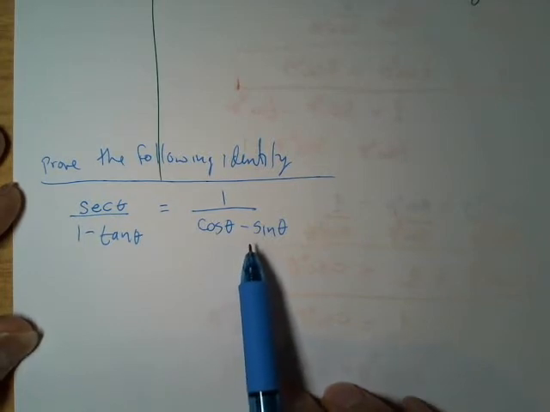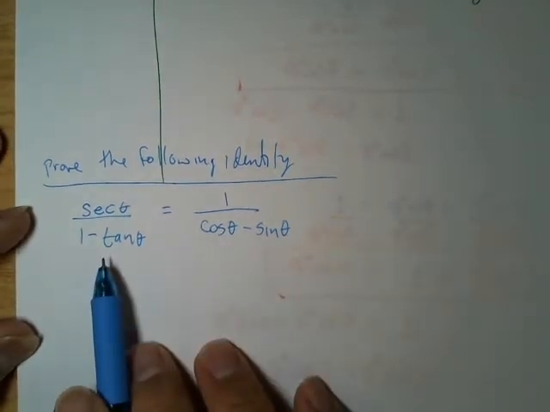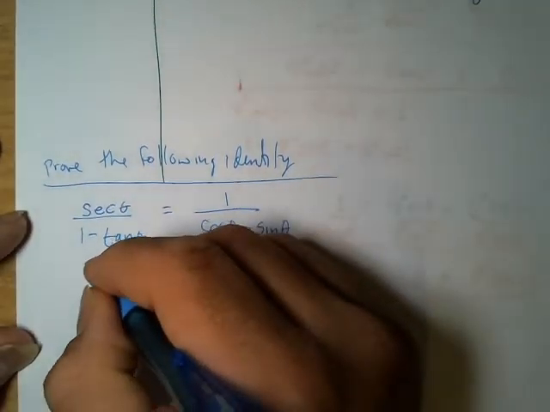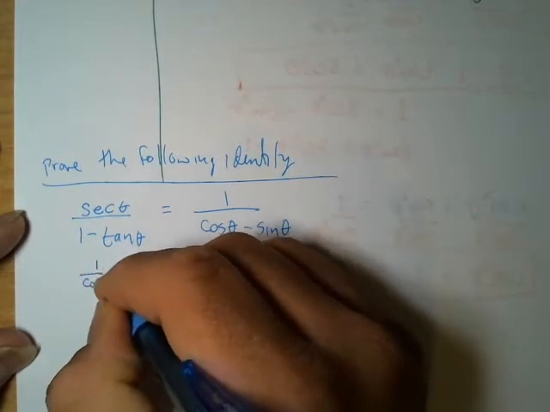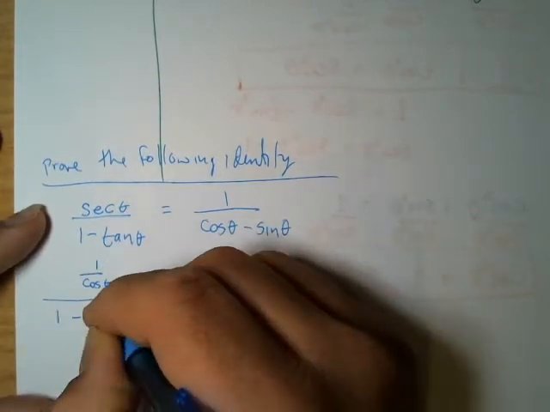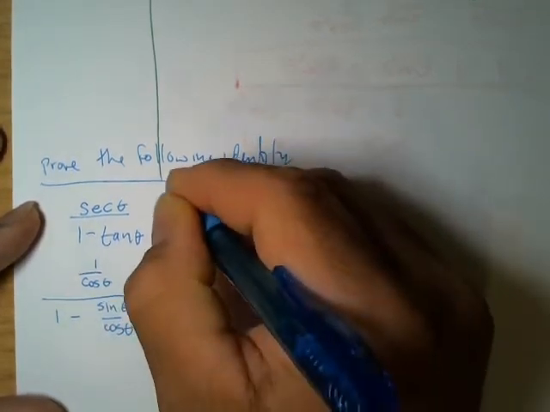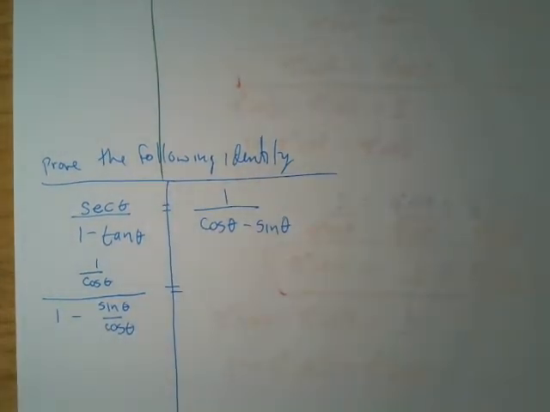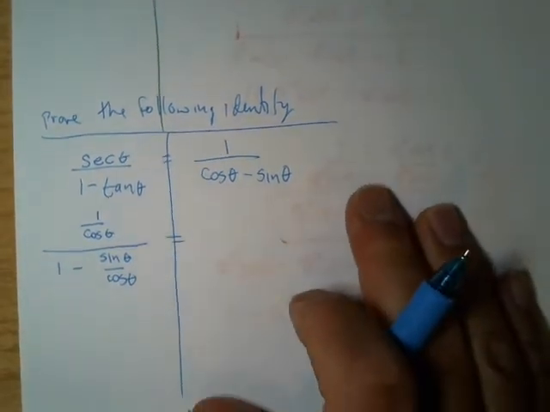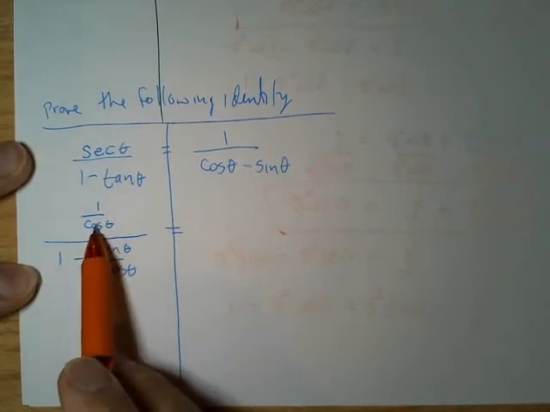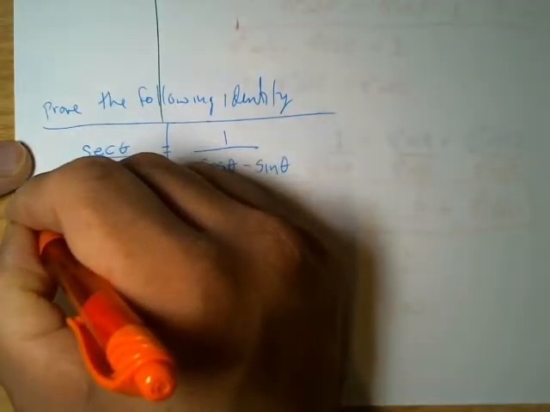So one thing I know I can do here is I see cosines and sines here. So let me change all this to cosine and sine. All right. Okay, and now we see this here, and another thing, now we have a complex fraction, right? So one thing I can do is let me eliminate the complex fraction. The common denominator is cosine, so let me multiply, again,